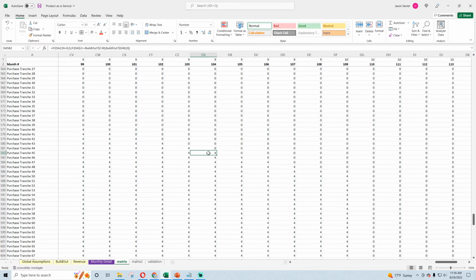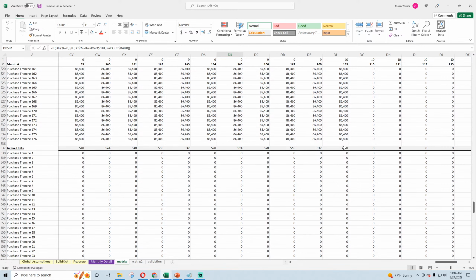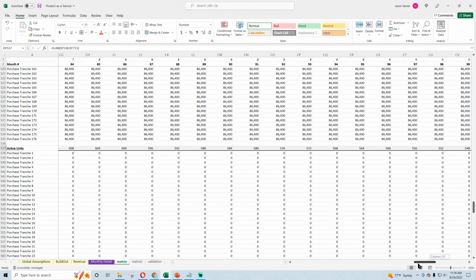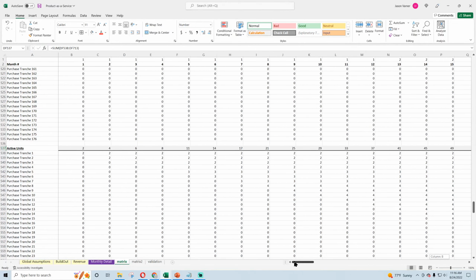They are. Okay. So that makes sense. It's pulling the count purchased or deployed as long as the month number is greater than or equal to the deployment month, but then if it's not active, it goes to 0. So that makes sense. So we've got 508 active here, and that is adjusting based on the purchased amount.